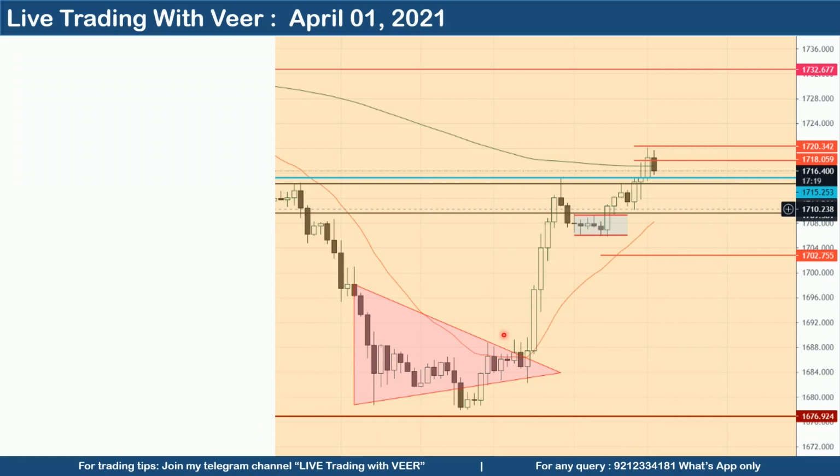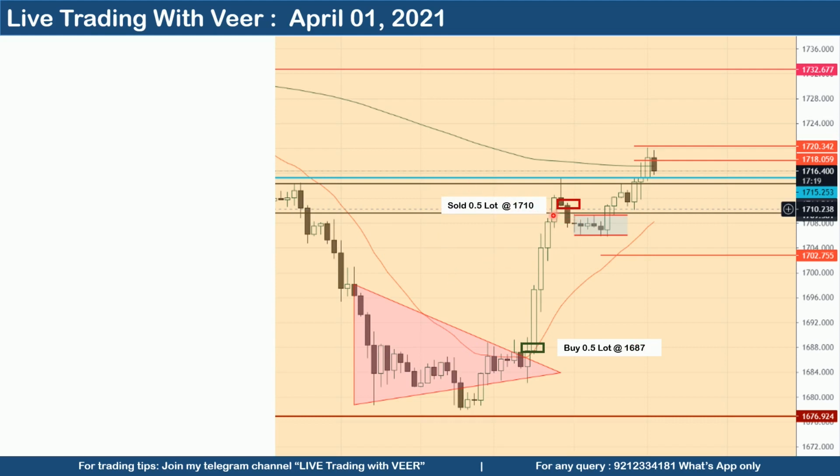Friends, this is the same triangle as we saw in my previous slide. As you can see, the market ran as we predicted. When it came out of this triangle and was above this moving average, I took this trade, half a lot at this price, and sold it at this price.